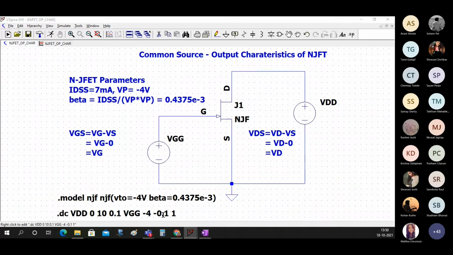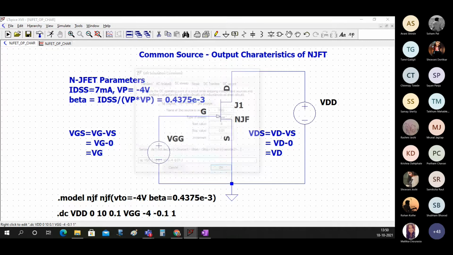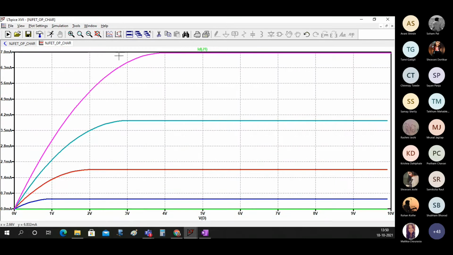You can also make that as small as possible. You can make it as 0.01. So your current comes very close to 7 milliamperes. So you can see this. Now your max current is 7 milliamperes.